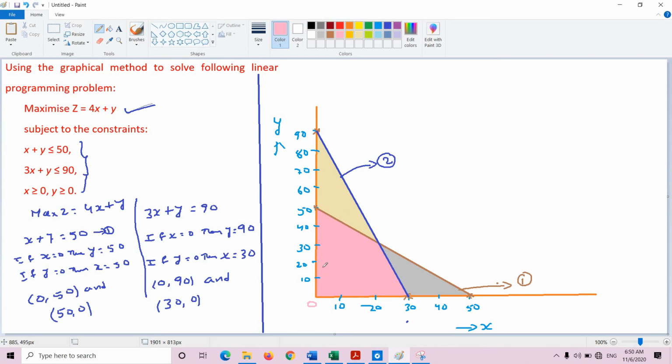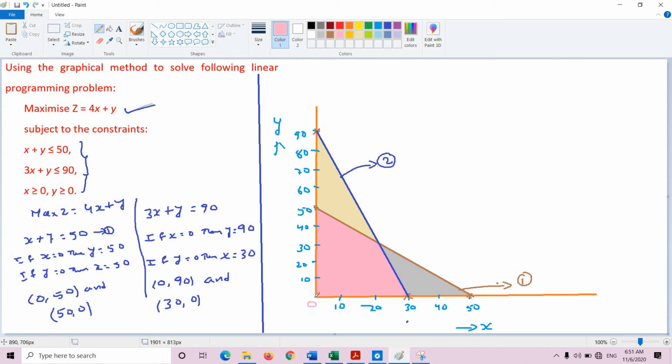This feasible region is bounded by certain lines. The y-axis is one bound and the x-axis is another bound. The equation 2 line bounds it till here, and the equation 1 line bounds this area. So this area is bounded by 4 lines: equation 1, equation 2, the y-axis and the x-axis. Now we identify this bounded feasible region. The region in which all the coordinate points satisfy the constraints is called the feasible region. Please remember this.